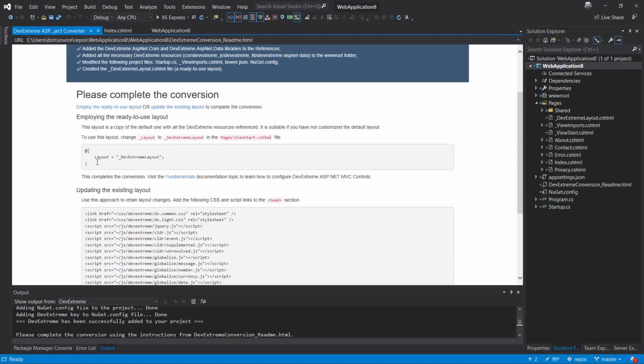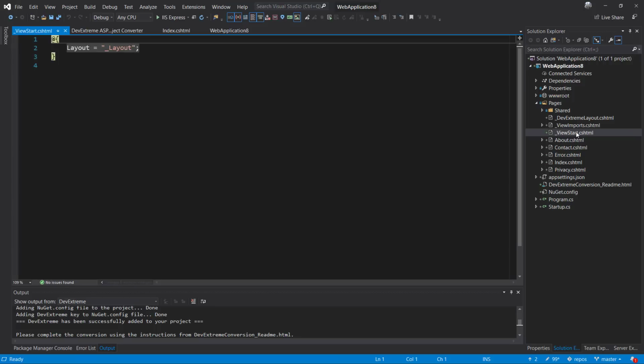The easiest way is to change the layout in your view start file to the DevExtreme layout. If I change this one to the DevExtreme layout, then things might work, but I would not go for this one, because if you have your own design and your own templates set up, this might not work very well. And that brings us to the second